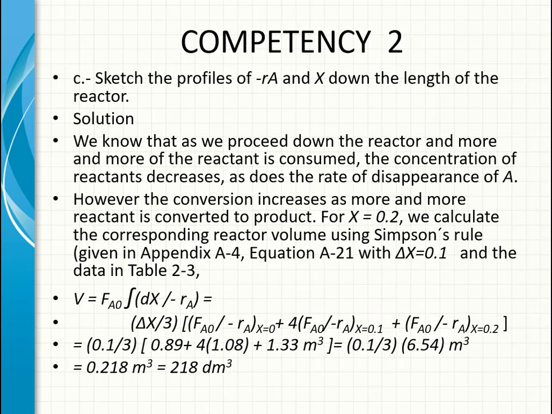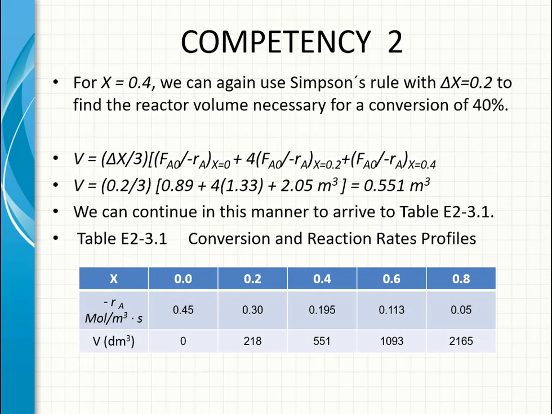So, as we can see here, if we only require a conversion of 0.2 in this reaction, we will need a very small reactor of 218 liters. But what if we want a conversion of 0.4? We will use again